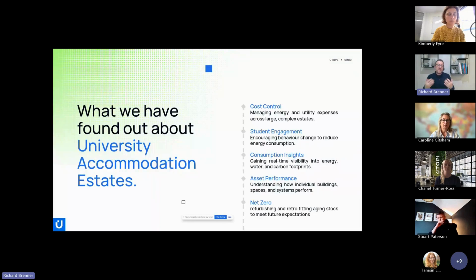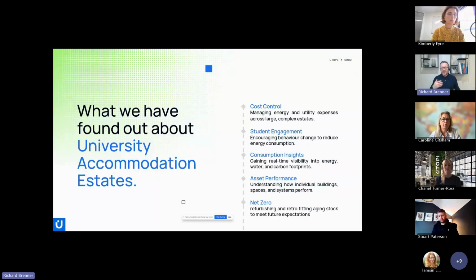Engagement around the student experience is always at the forefront of mind. So being able to manage utilities, which can be a really emotive issue, in engaging ways is really key. In some of the conversations I had, it's just some of the basics, consumption insights. How do you get greater awareness of consumption? And as part of that is being able to surface real time data, and in some cases, some of that data has been months out of date.